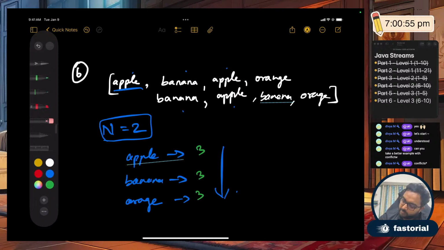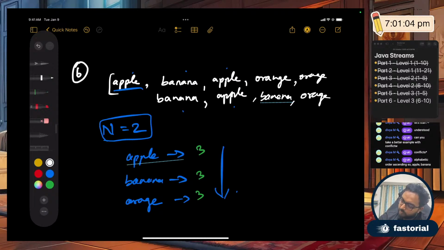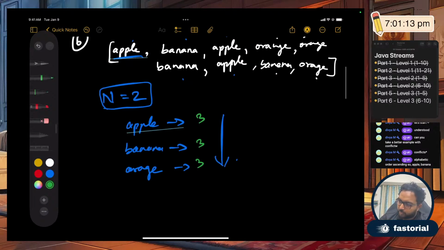I'll make it thrice. One second. So I'll add one more orange. Okay, so in the end there are 1, 2, 3 oranges, 1, 2, 3 bananas. Now each item is there thrice, alphabetic order ascending, so apple, banana. But